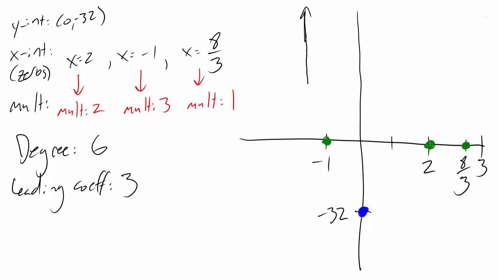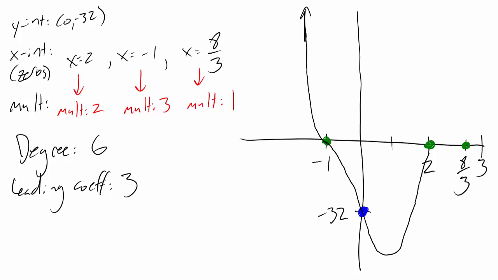we'll just come on down here. Now, since negative 1 had an odd multiplicity, we're just going to cross through the x-axis for the graph here, and keep on going until we get to our y-intercept at negative 32. Now, you can test various points beyond this to get a better shape of the graph. What's going to happen is we're going to keep going past 32, curl around, head back up to positive 2